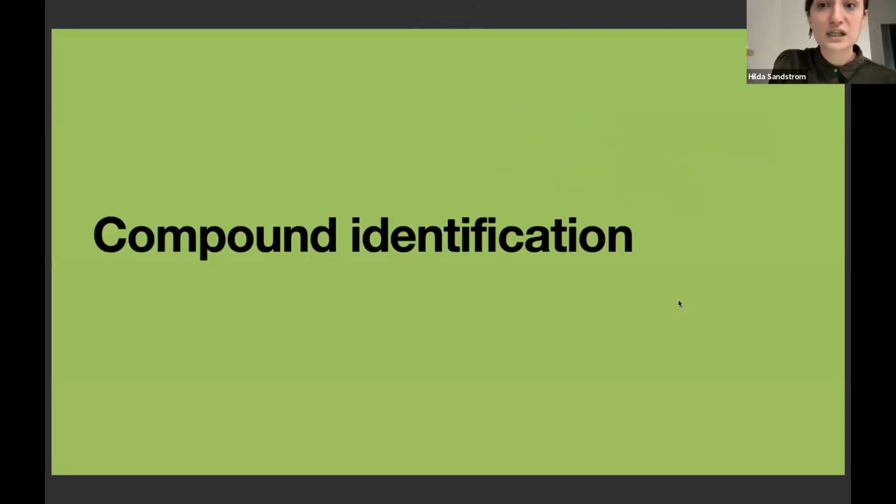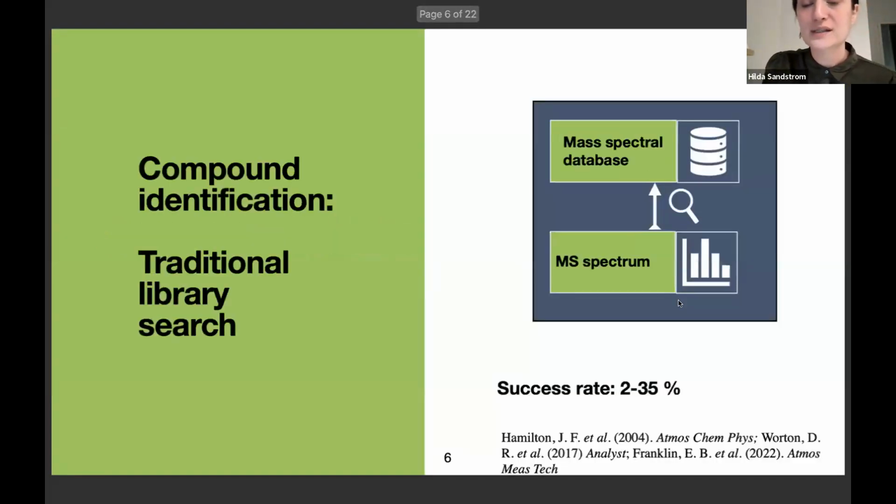So compound identification with mass spectrometry has been done for many years without data-driven methods, and the traditional approach is to do a library search, where basically the mass spectrometrist will record a mass spectrum and then query a mass spectral database that contains reference compounds which have their mass spectra recorded. The spectrum is matched to the most similar spectrum in the library, and that's how the compound